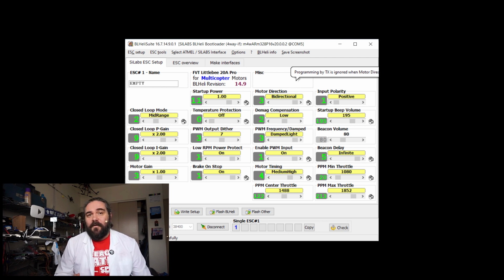Center throttle is important with the bidirectional mode because it tells the ESC when to switch directions, which at this one is 1488. You'll see how we address that in the code in a minute. And PWM max throttle 1852 basically is throwing the max voltage at the motor at 1852, and anything higher really